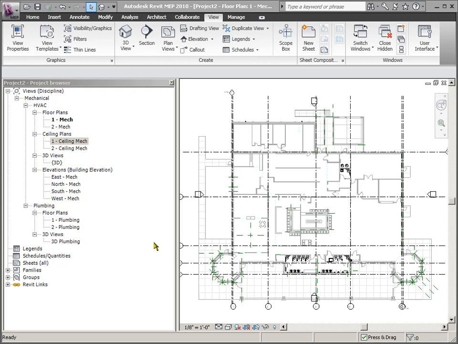So this is video 8 of a series where we are trying to get our MEP project set up after linking in an architectural file. Where I left off, I mentioned the types of ceiling plan views: you've got reflected ceiling plan, and most engineers don't work in a reflected ceiling plan, they work in a regular ceiling plan, and the difference is